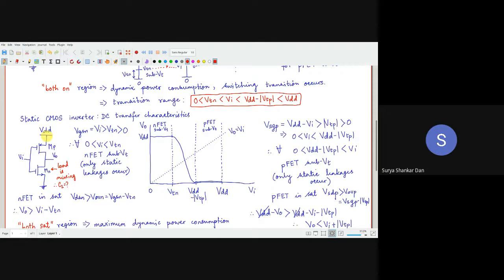So, for example, if you have a little bit more complicated circuit, let us say a 2 input NAND gate, the 2 input NAND gate can be represented as its equivalent static CMOS inverter. This equivalent inverter is simply going to vary in terms of the sizing of the transistors. That's it. So, what is the advantage of it?